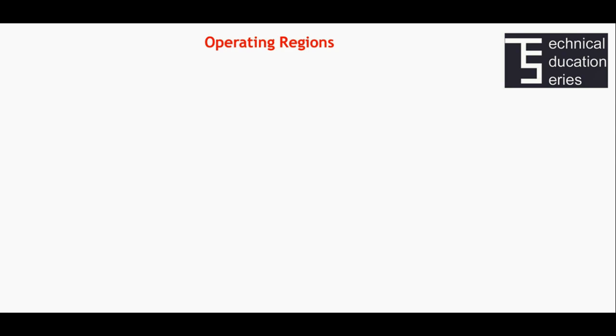As we know, a transistor consists of two junctions, the emitter junction and the collector junction. Each junction of the transistor can be set in two different states, forward bias and reverse bias. Accordingly, a transistor can be operated in four different regions based on the bias state on both junctions, as